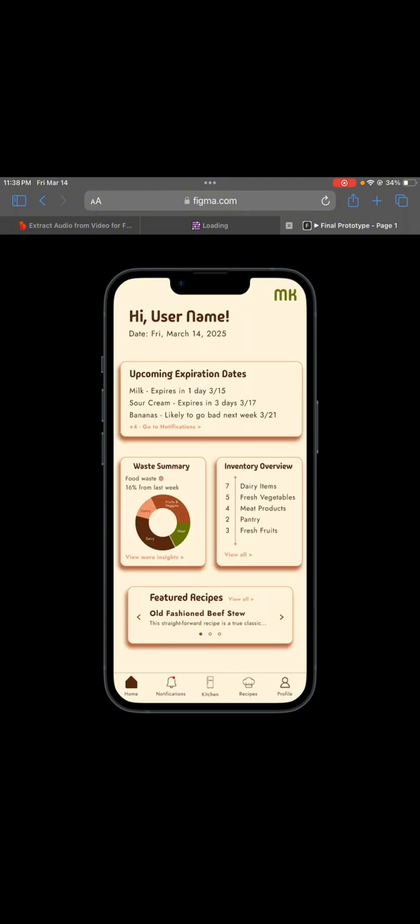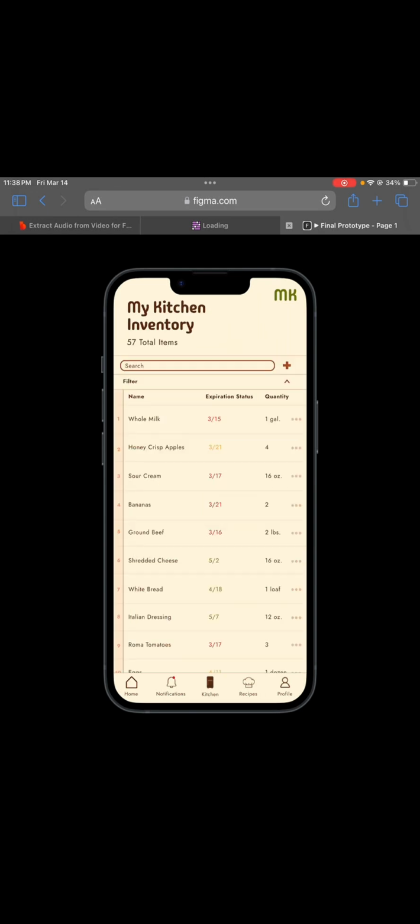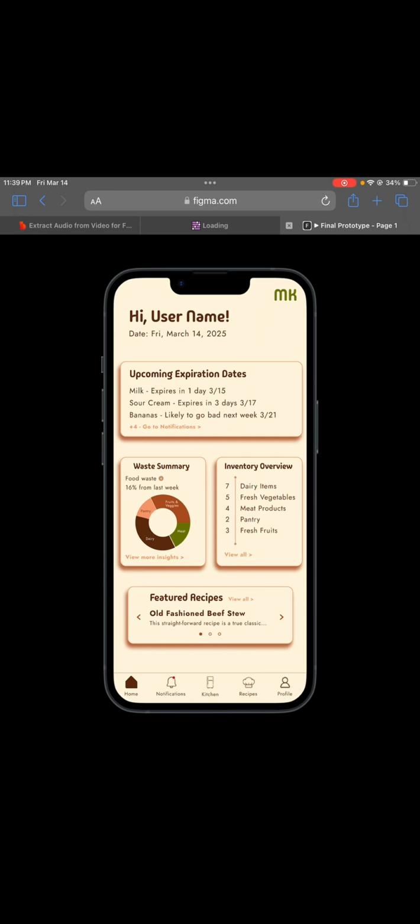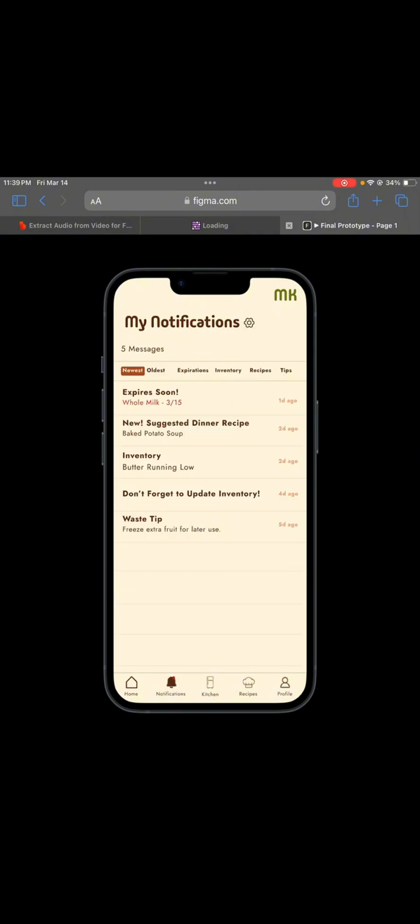So moving to the notifications, again it's listing them as newest at the moment. Click on oldest and it will reverse that. It can also be on expiration, so now the only notifications the user would see is their expiration dates upcoming. Then there's inventory notifications, so if based on what the user typically uses in their kitchen, what they're typically adding